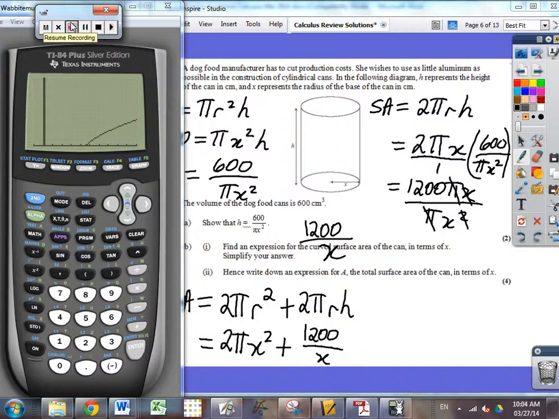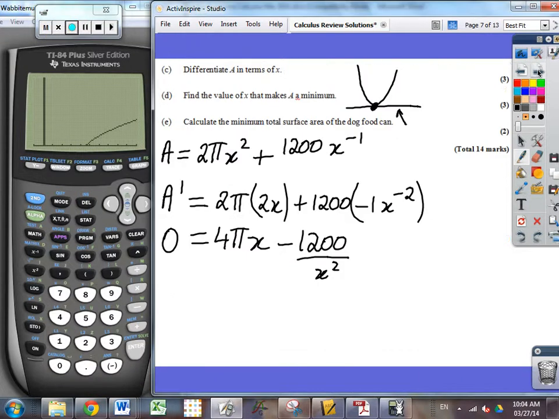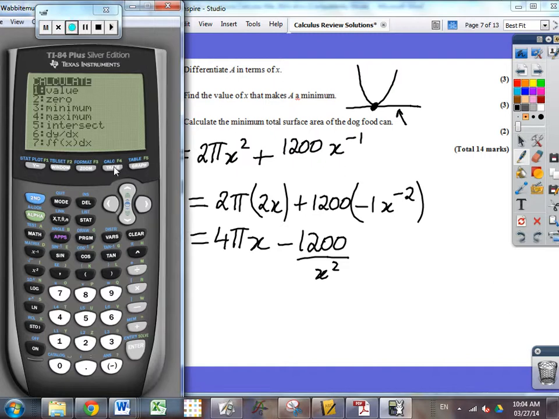Alright, I'm looking for the place then where my derivative function is equal to 0. That represents the x-intercept, doesn't it? So let's find out this 0 point right here. That will be where the derivative function is equal to 0. So, second calc, and let's find the 0. My left bound can be, say, 4. My right bound might be something like 6. I'm going to guess it happens at 5. In fact, it happens at 4.57. So the value of x that makes a minimum is